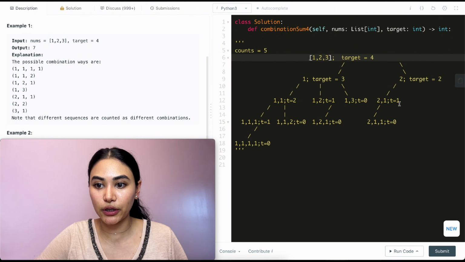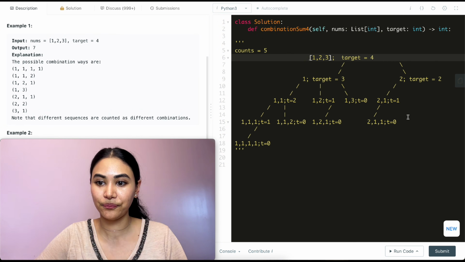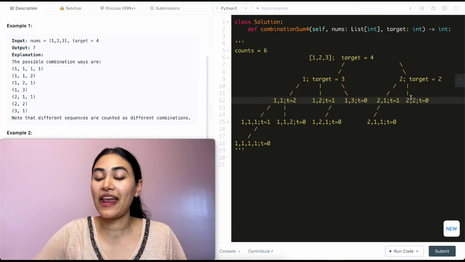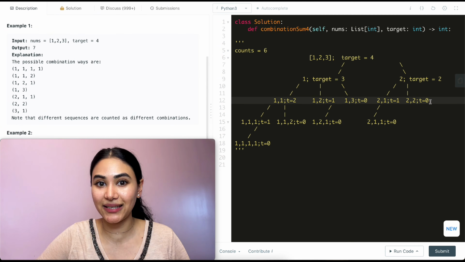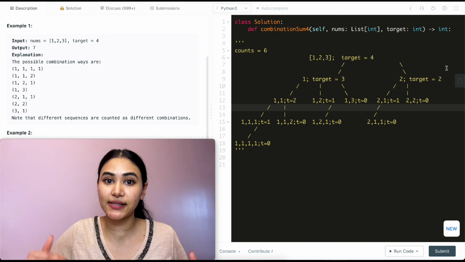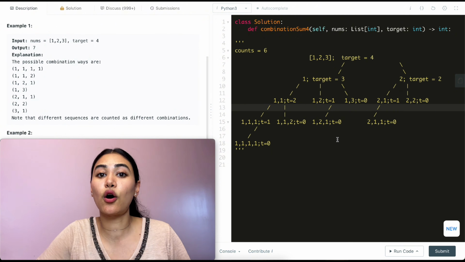other greater number. So there's no path we're going to go down here, which means we're back up here trying out another number. This time we go with 2 since we already tried 1, and we hit our target. So now counts is going to be 6. And we just keep doing this. We go back up, then try with 3 and repeat the same process up until we find all of our